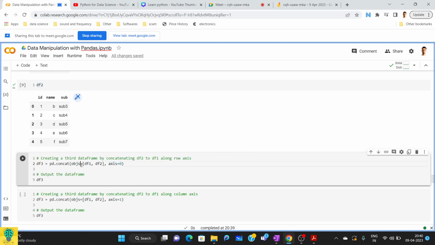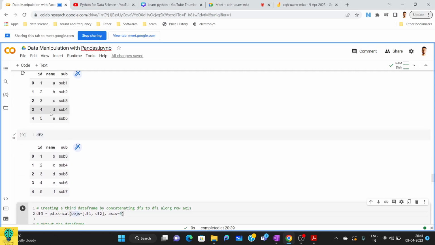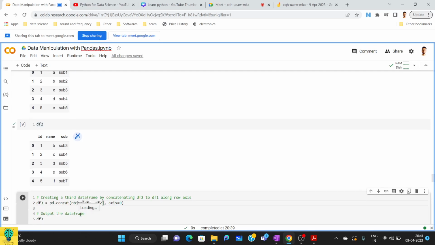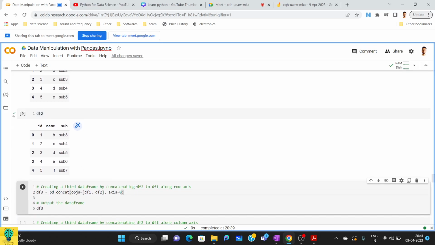So we are passing two data frames, df1, that is this one, and df2, as a list, and that list is referred to by objs, which is basically objects. So what objects are we using? Data frame 1 and data frame 2, and we are going to concat them on the basis of rows. Now if I run this,